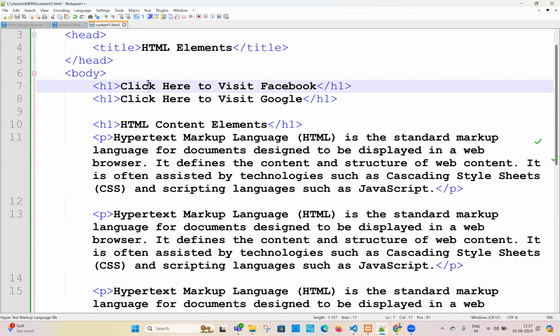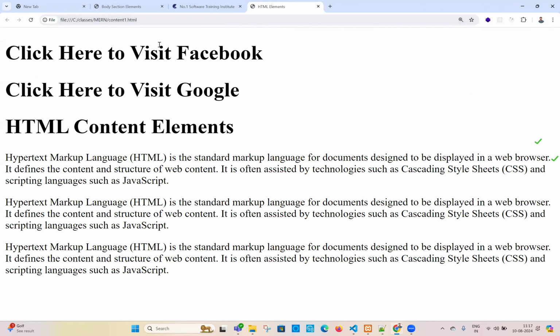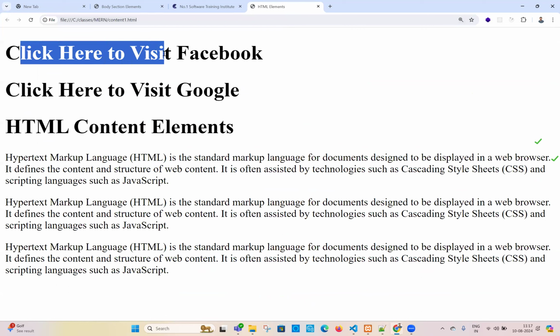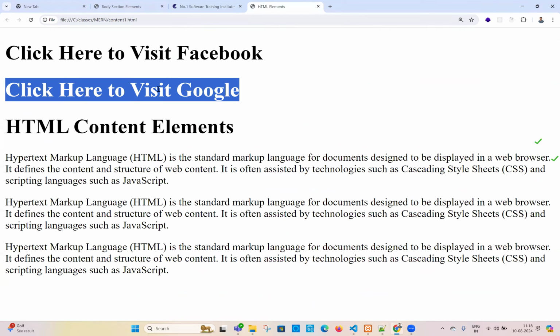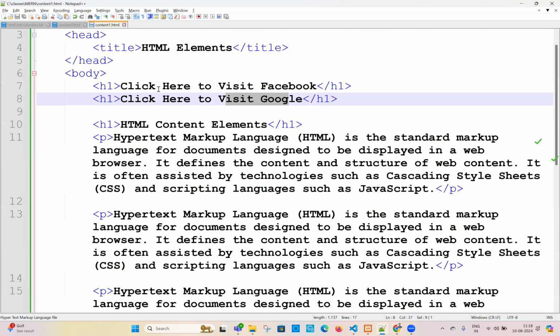Now you see, click here to visit Facebook, click here to visit Google. Let's go to the browser and refresh it. We are getting two H1s. If I click, are you going to Facebook? No, this is an H1 tag. On clicking the H1 tag, can we go to Facebook? No. And if I click to visit Google, are you going to Google? No. Remember, if you want to make it clickable,